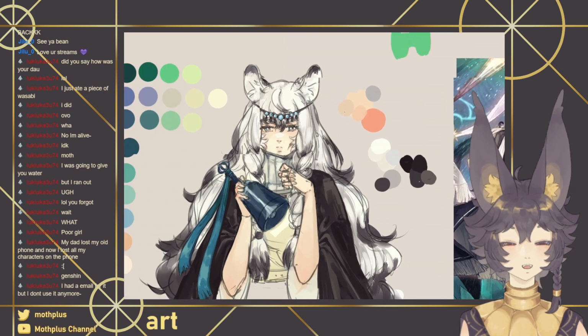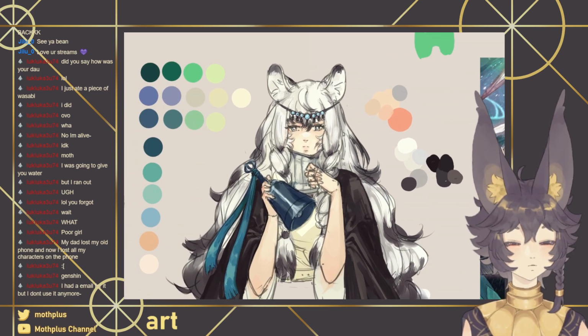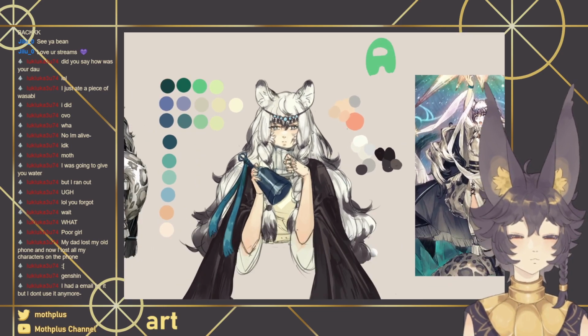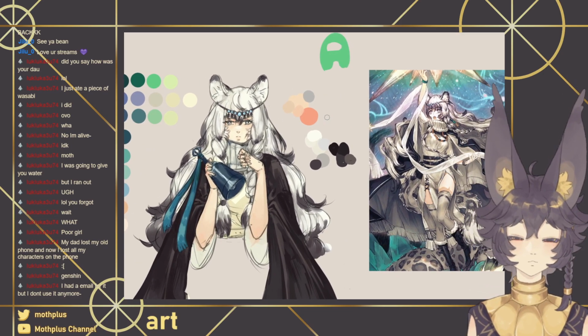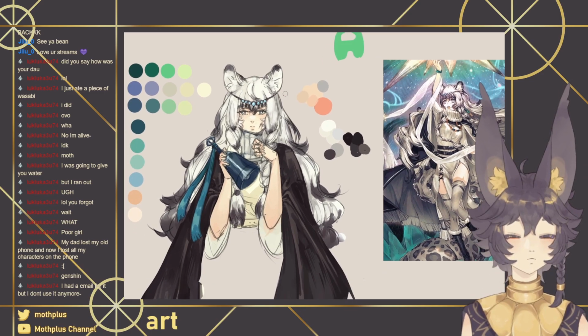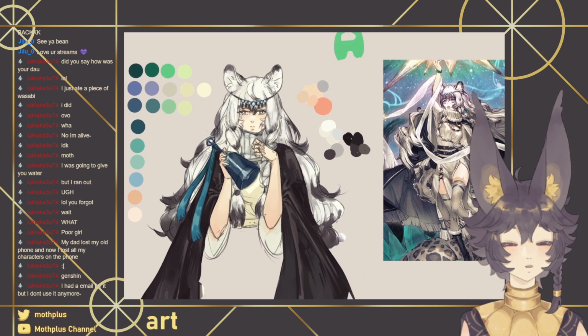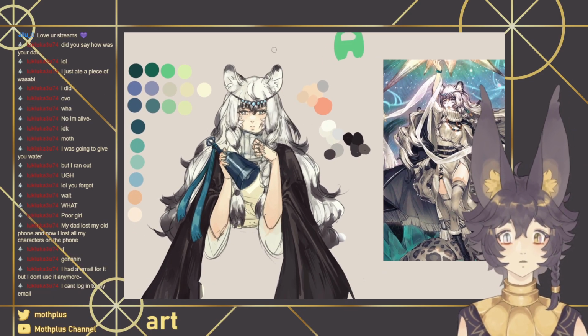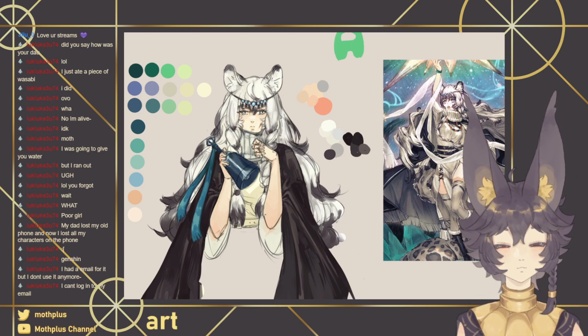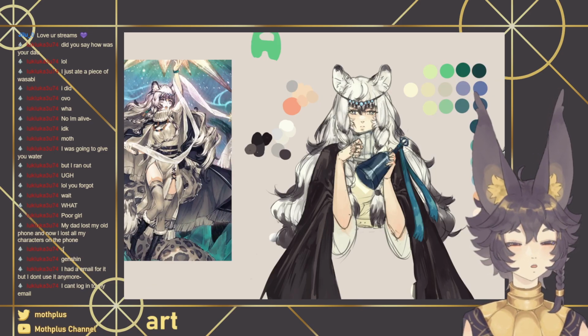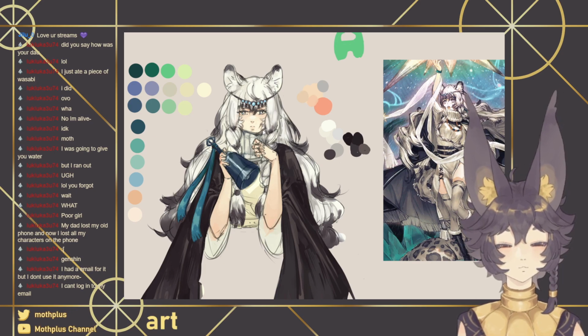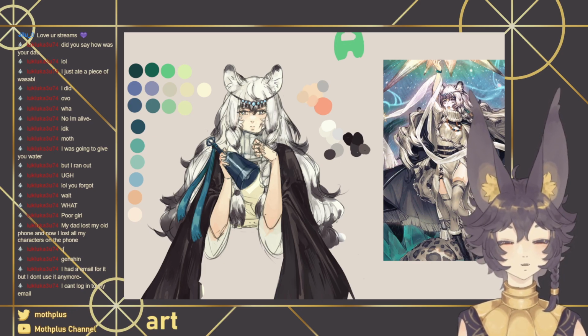Oh, I completely accidentally got rid of this. I don't like this little part. There has to be a way to get your account back if you care. I don't know how much you care about your account. I certainly care about mine. I can't log into my email. Why? Genshin's not even that old. Did you lose it? There has to be some way you can recover that.